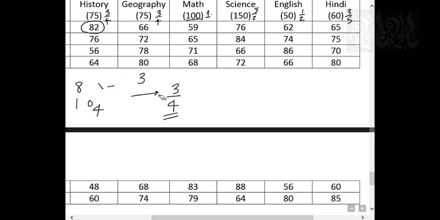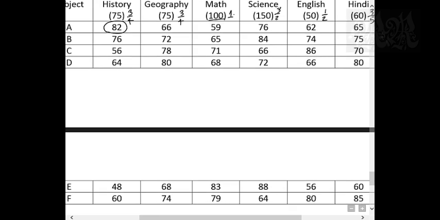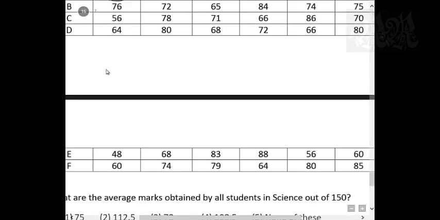These things should be known to you prior. You don't have to work this out in the exam. Whenever you see 75, it's going to be 3 by 4, the multiplier for this particular column. Similarly, 3 by 4 for the next column, 1 for the next, half for the next, and it goes that way. Keep this in your head, and then you can go to the first question. Let's solve one question and then I can distribute the handouts to you.